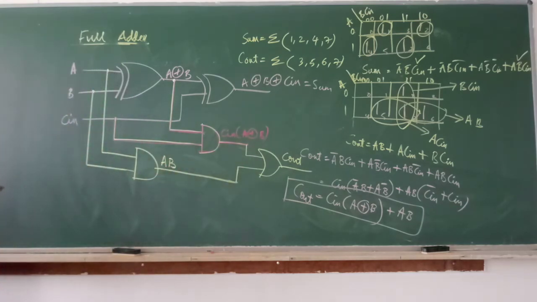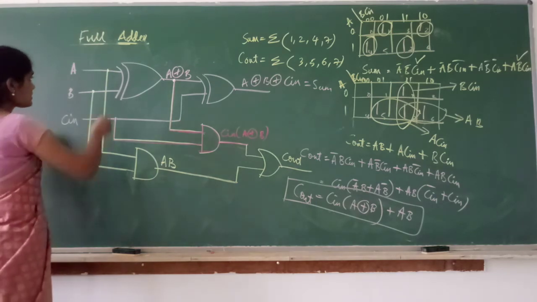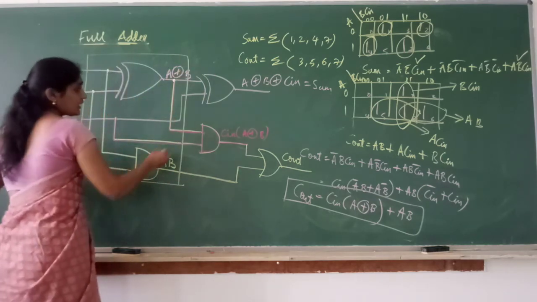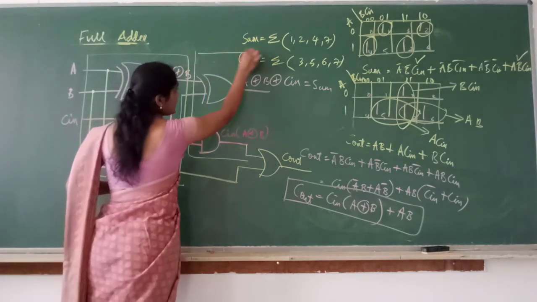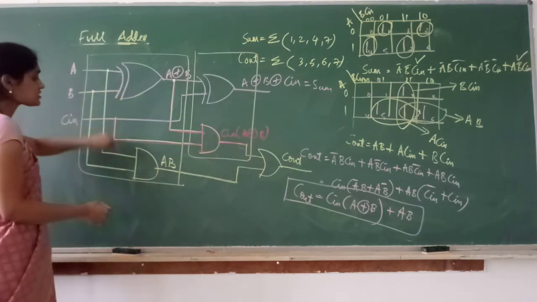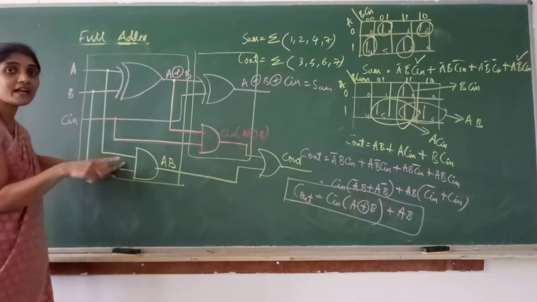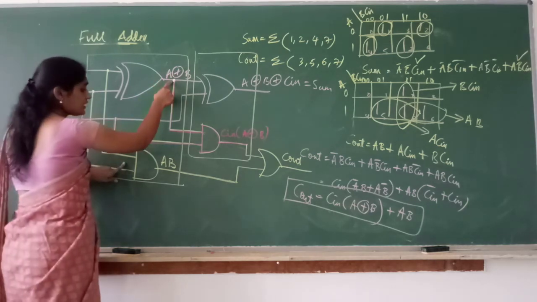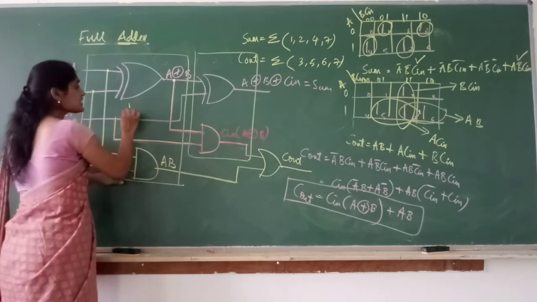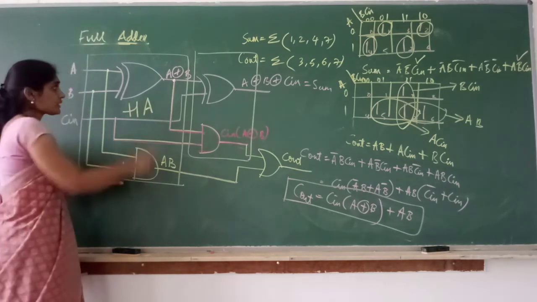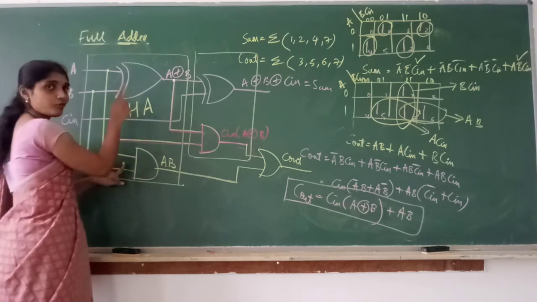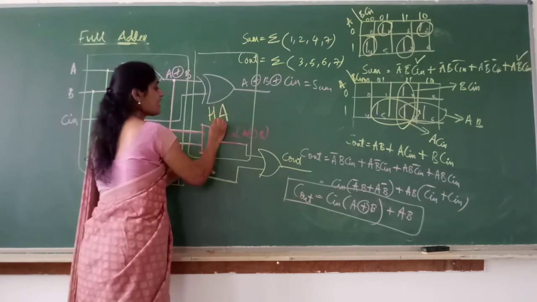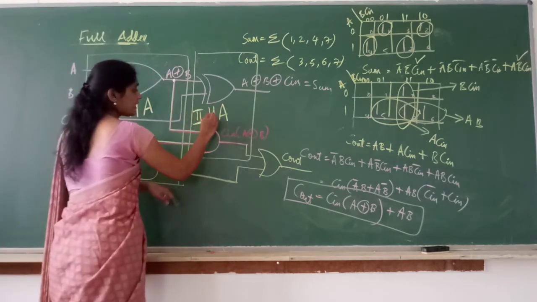The reason why I am writing this circuit is, just look at the circuit. We have one XOR gate and an AND gate here, and we have one more XOR gate and AND gate here. So what is one XOR gate, one AND gate? Just go back and look at the circuit of half adder. What is the equation of half adder sum? A XOR B. Carry is what? AB. So can I take this as one half adder? One XOR gate, one AND gate will form one half adder. One more XOR gate, one more AND gate will form the second half adder. This is the first half adder, this is the second half adder.